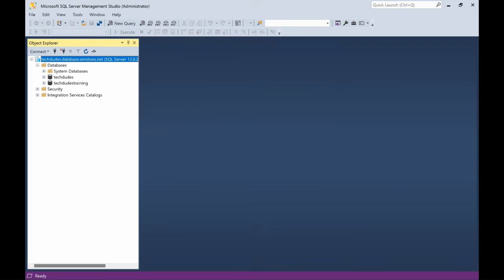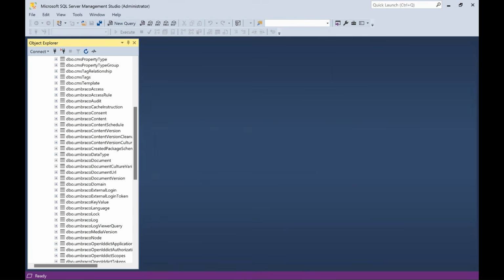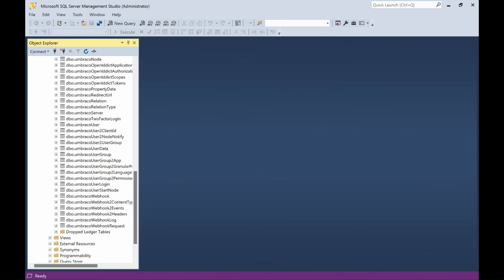Open databases, and here you can see TechDudes and TechDudes training. Open this and expand tables, and here you can see all the tables which were created earlier. Okay,